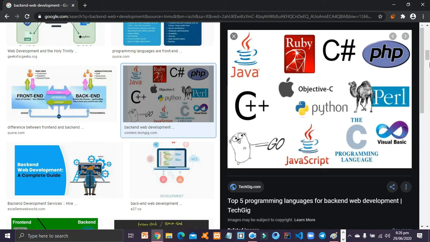The backend of the website is more complex than the front end. I am a full stack developer. I know how to write the backend of the website in Django, and in Node.js and Express.js. But you don't have to know both the front end and the back end. I know both, but you don't have to. If you know both, that will be a plus point for you, and for your knowledge also. The backend is more complex than the front end.